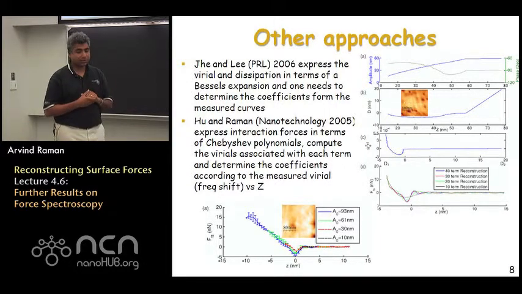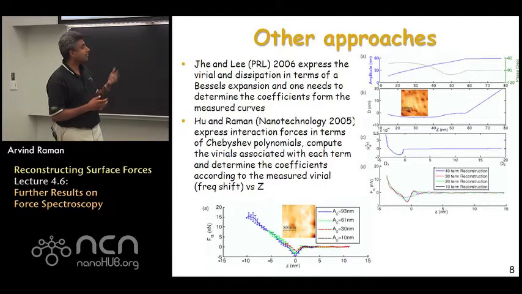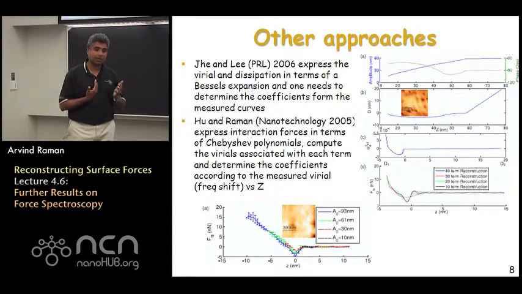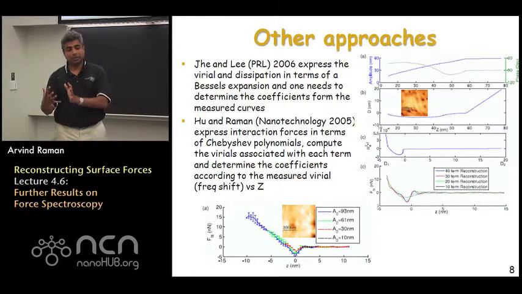Another way to approach this is not to write the virial and dissipation in terms of their approximations, but rather approximate the tip sample interaction force itself. In this case, there was work done at Purdue. The idea was to write the tip sample interaction forces in terms of Chebyshev polynomials, whose coefficients have to be determined. And these expansions of the interaction forces were then taken into computing the virial and